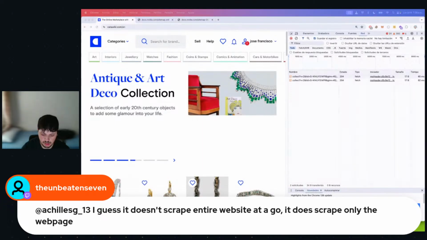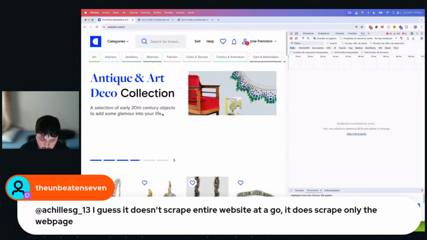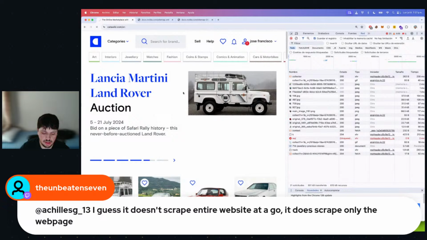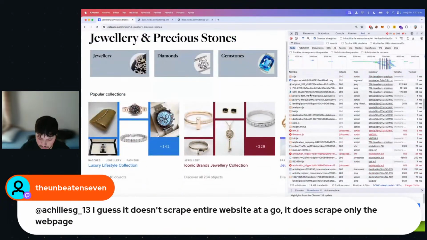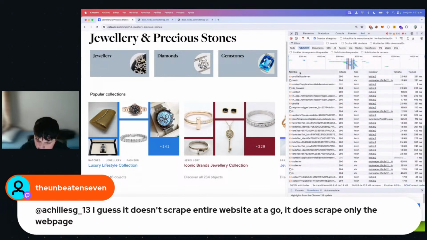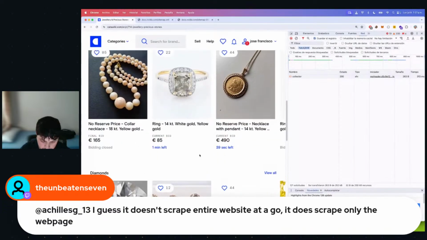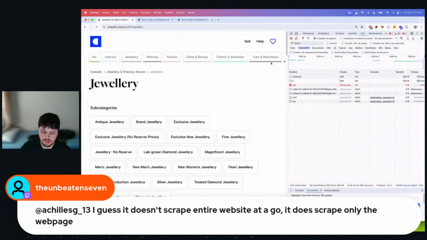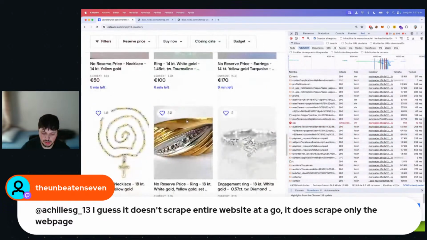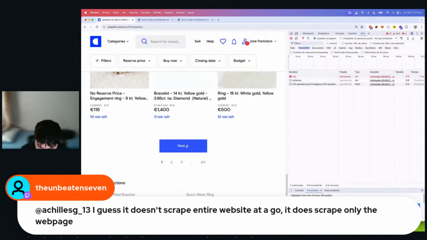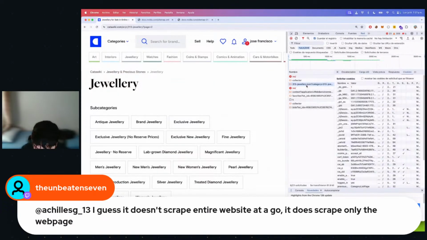Okay, so let's see how it will work. Let's see jewelry. Basically, this is a website of auctions. Okay, you can find a bunch of auctions here. We can just filter this and go to jewelry and just go view all. Okay, so now we have all the jewelry here. Okay, and we have this next. So if we just delete all this and we go next, probably we will have